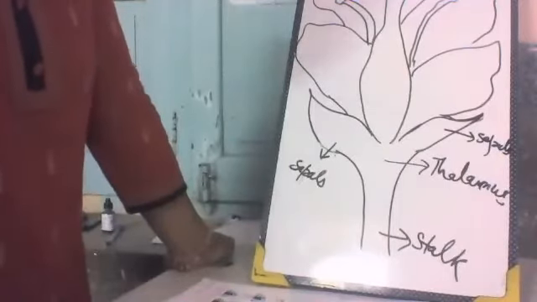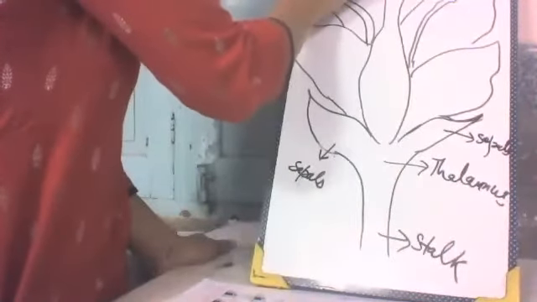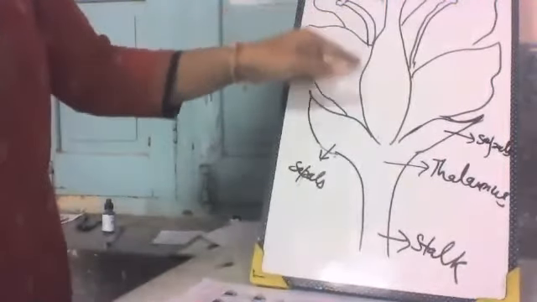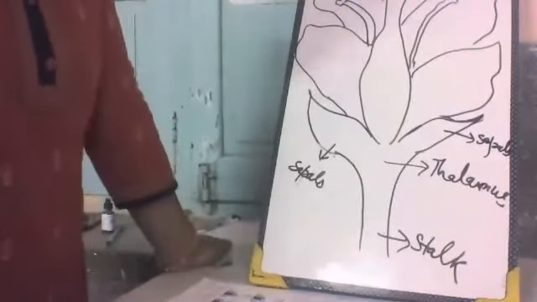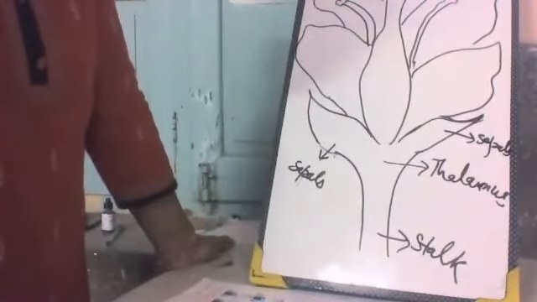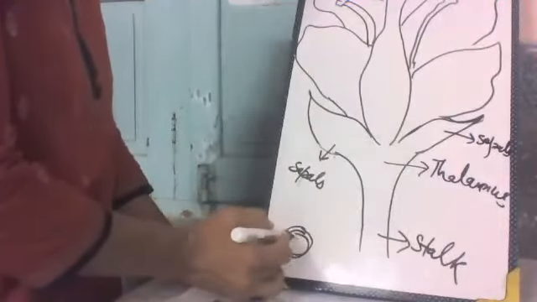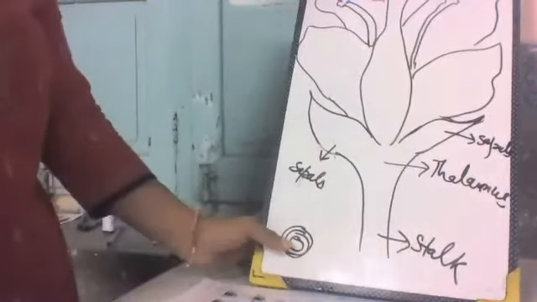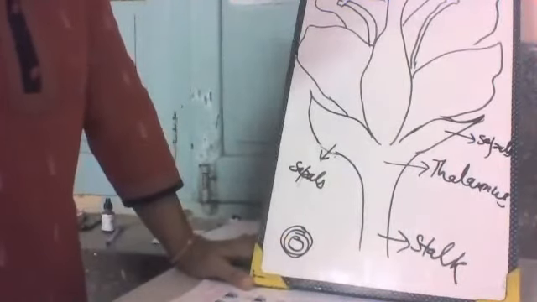And the third whorl is the androecium. It is known as the stamen. The male part of the flower is known as the stamen or androecium. The third whorl of the flower is the androecium, inner to the petals. Outermost is the calyx, then the corolla, and on the inner side of the corolla there is a layer of male reproductive parts, the androecium,